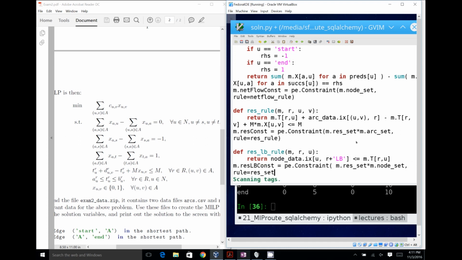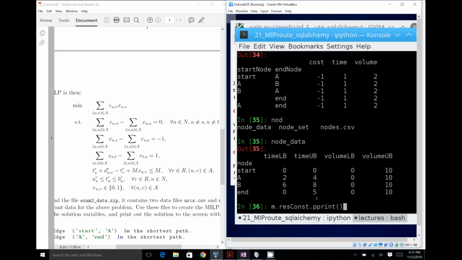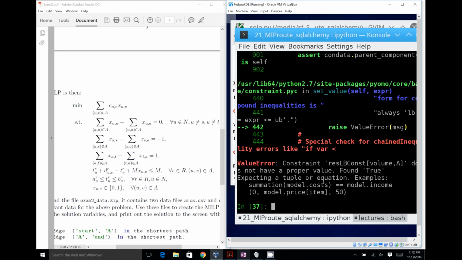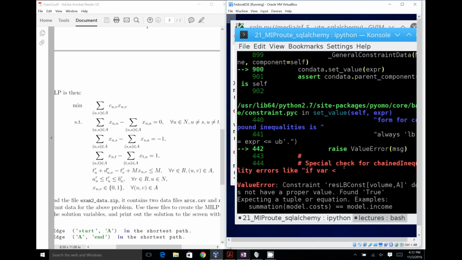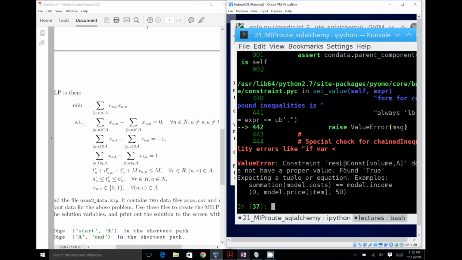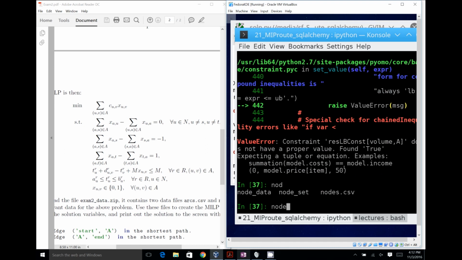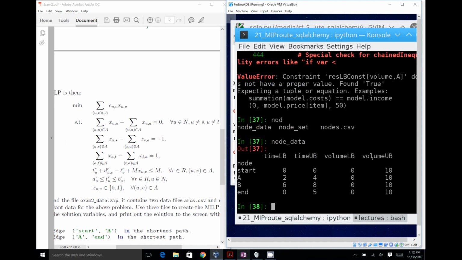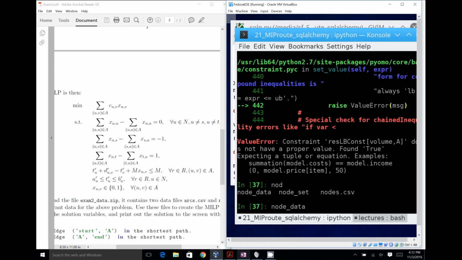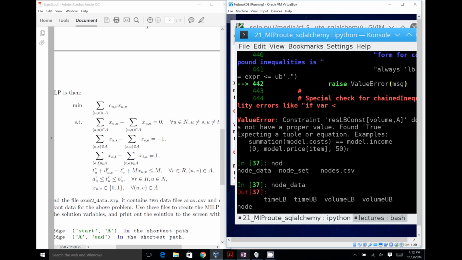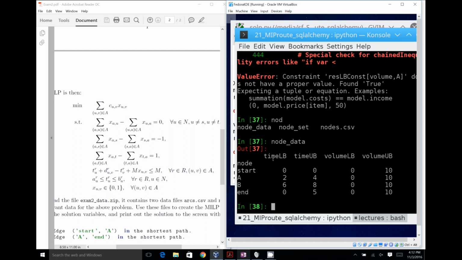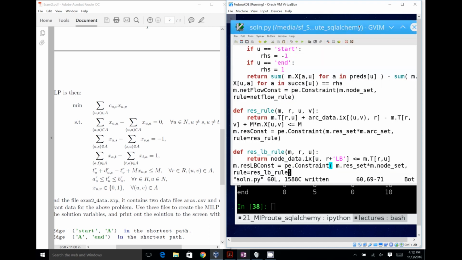And then the rule is going to be this resource lower bound rule. And let's run things to see that it's doing okay. So constraint, this does not have a proper value found true. So let's see why that would be. For volume A, and that's because